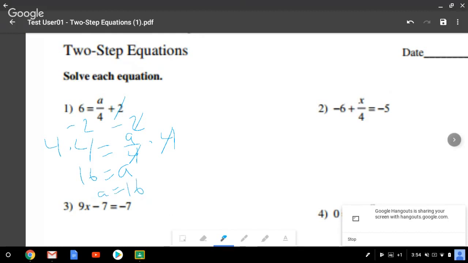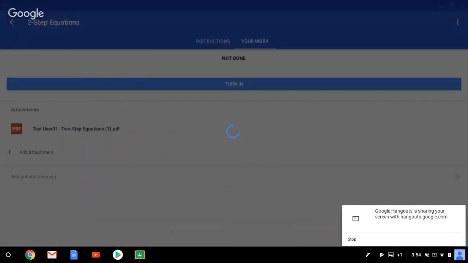And so again, I can just write right on top of that document because I'm using the mobile version of Classroom. It makes it so much easier to do something that is more natural handwriting. And again, when I'm done, I just hit the save button in the top. And because that was a PDF,